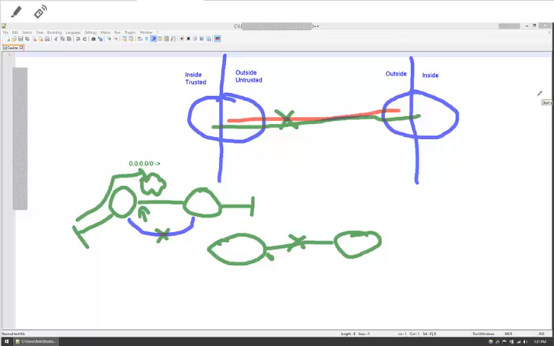Or none of my private IP addresses can communicate with other private IP addresses coming out over this public network or over this interface. Now, if you're using a VTI interface, what that allows us to do